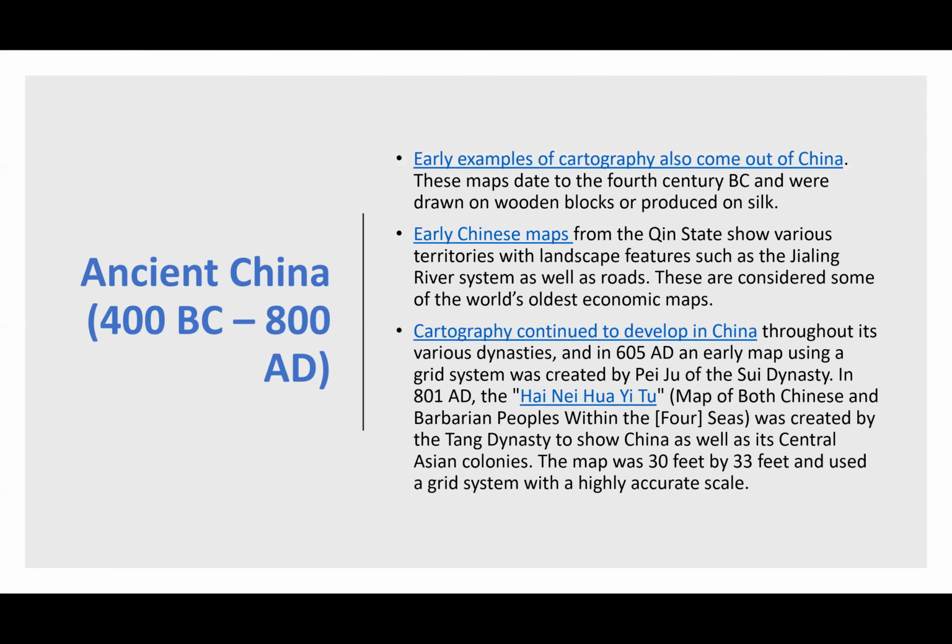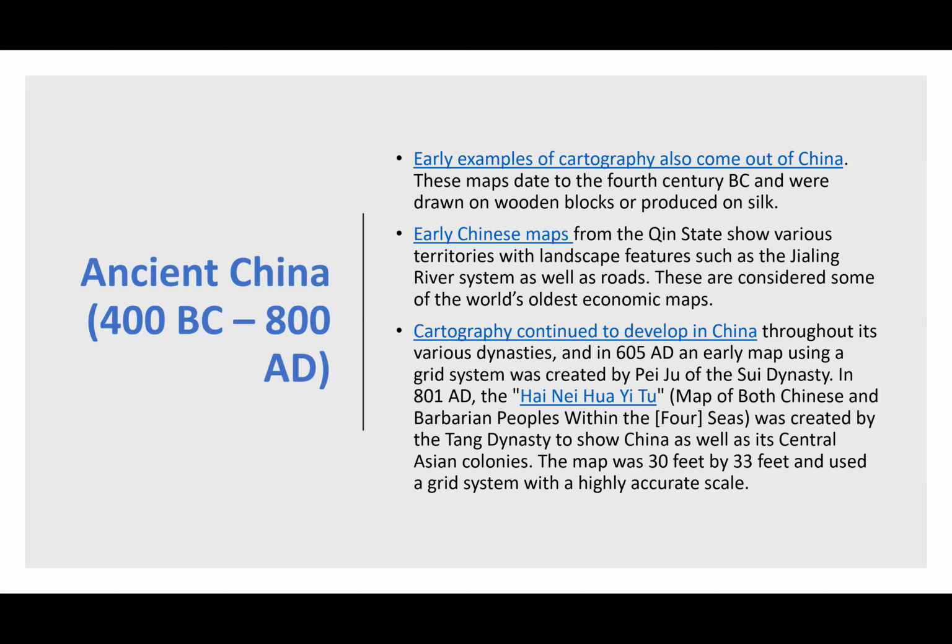So moving to ancient China, early examples of cartography also come out of China. And I think this is pretty significant as well. You can look at these links. These maps date to the 4th century BC and were drawn on wooden blocks or produced on silk. And so you can see this timeline of how ancient China, Romans, and Greeks are all doing these things at the same time, relatively speaking, from a historical perspective. Early Chinese maps from the Qin state show various territories with landscape features such as river systems and roads, and they're considered some of the world's oldest